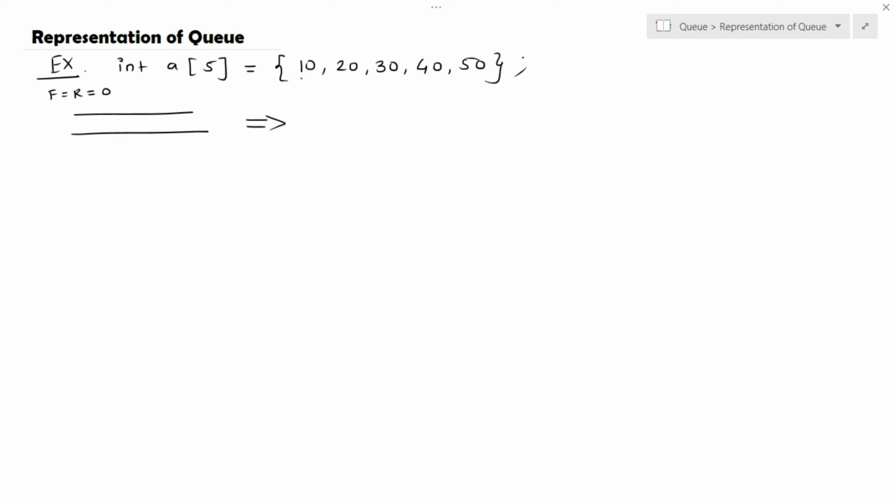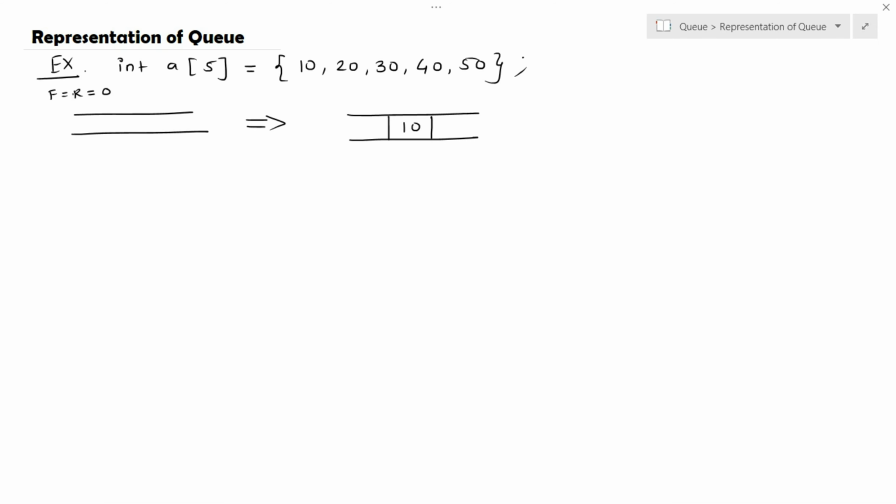So right now our queue is empty and we are going to insert elements sequentially, one by one. The first element we have to insert is 10. So here is a queue and we insert the first element, 10, into the queue. We already discussed the front and rear pointers. Insertion is performed from the rear end and removal is performed from the front end.